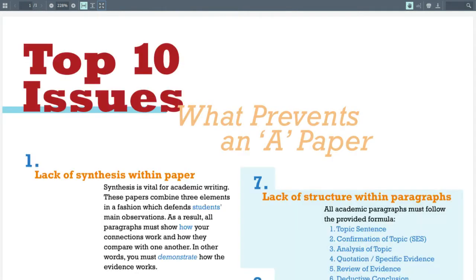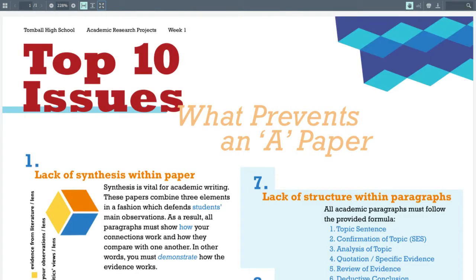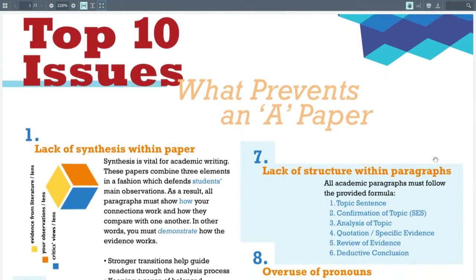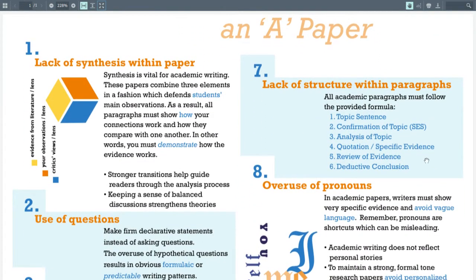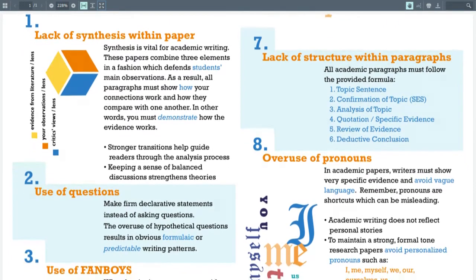Okay, now there are 10 issues that will be shown to you. I'm going to go out of order, so just keep in mind I'm going through what I view as the more common mistakes that are easily fixed, and then I'll work to the simple, quick ones. So I'm jumping to number 7. Okay, if you see number 7, oftentimes what prevents students from getting an A paper, there's a lack of structure